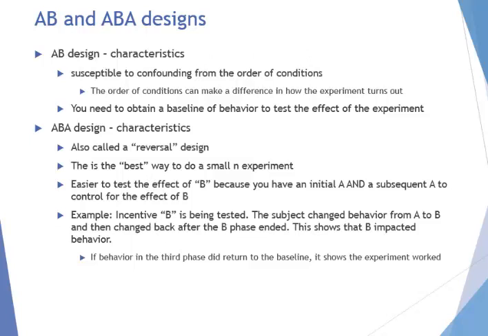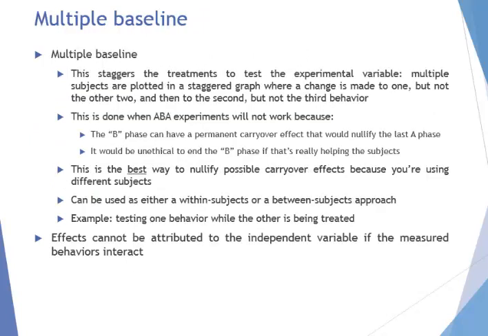Now, of course, an ABA is not always possible for various reasons. One reason is that it might be impractical or unethical to take somebody off treatment. If somebody's suffering from cancer and you do an AB phase, and the B, the chemotherapy or whatever it is, is working, then the person's not going to want to go back off the therapy and risk their lives just to help this experiment. So it might not be possible to do an ABA design, and one way around that